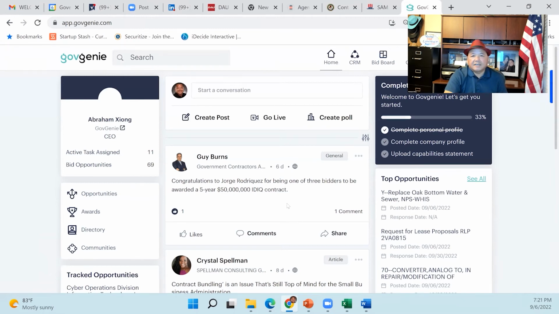So Gov Genie is a full life cycle capture management tool. It's developed by GCA and our team, our software development partner. And we designed this because there's no such tool that currently exists in the market like this. And we want to make it easy for all of you to access it. Just go to govgenie.com and just sign up. Right now it's free, and you get the free version up until so much capabilities. But for most of you, the free version is all you need at this point.